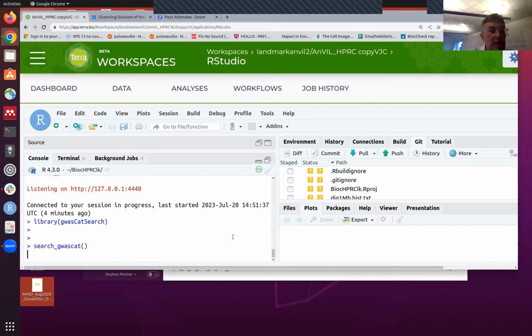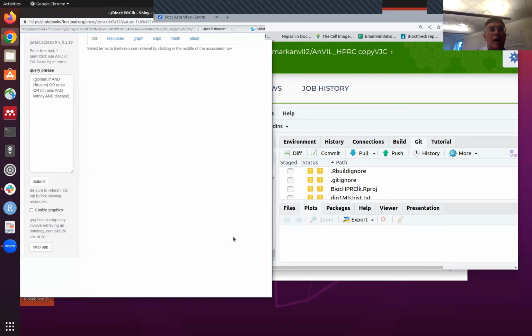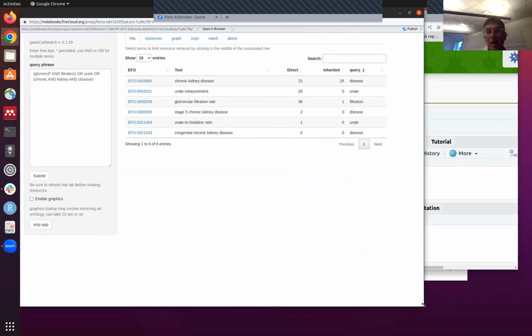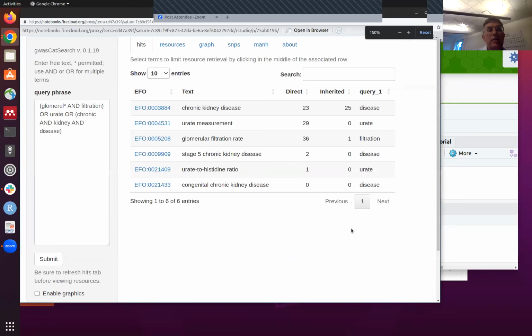And what it does is it fires up, and I hope you can see this, a Shiny app. And this was one of our big joys when we started working with Bioconductor and AnVIL, that it was possible to write new interactive apps that could run through the RStudio interface. And this one is engaged in the topic of allowing semantic search of phenotypes that have been